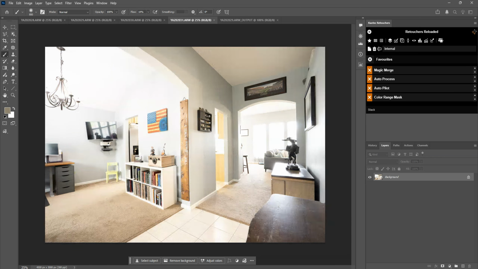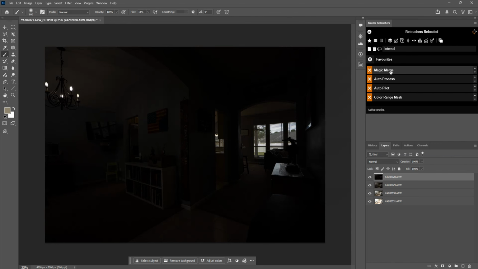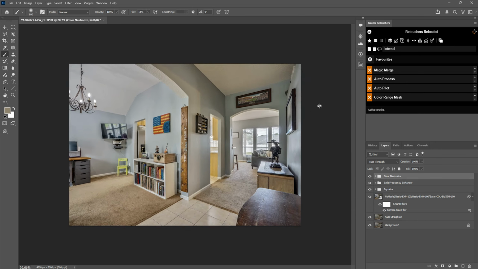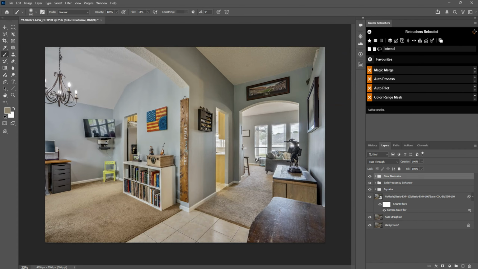So let's stack, Magic Merge, and then auto process. So that's the result you get based on the settings of my profiles. So that's my internal settings. You can play around with these